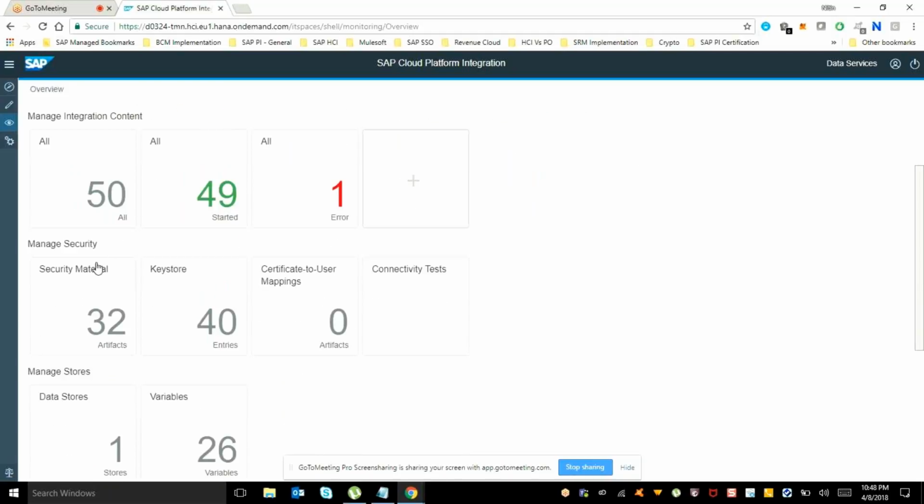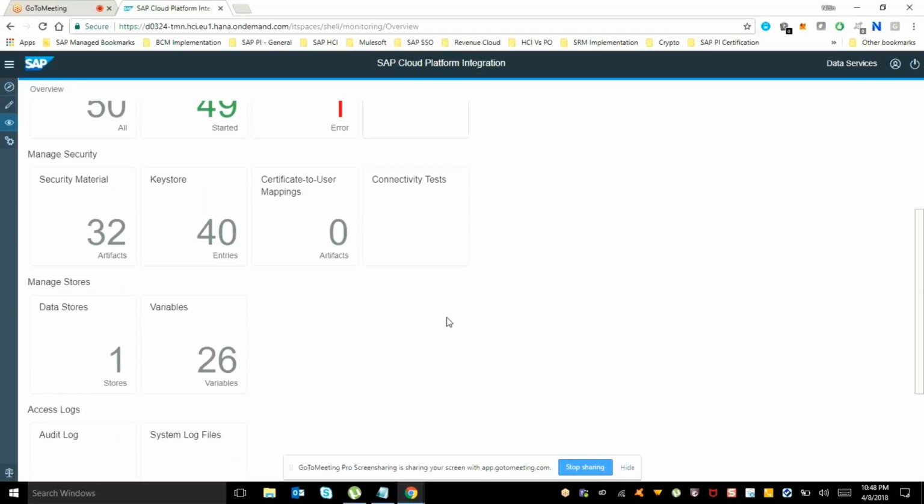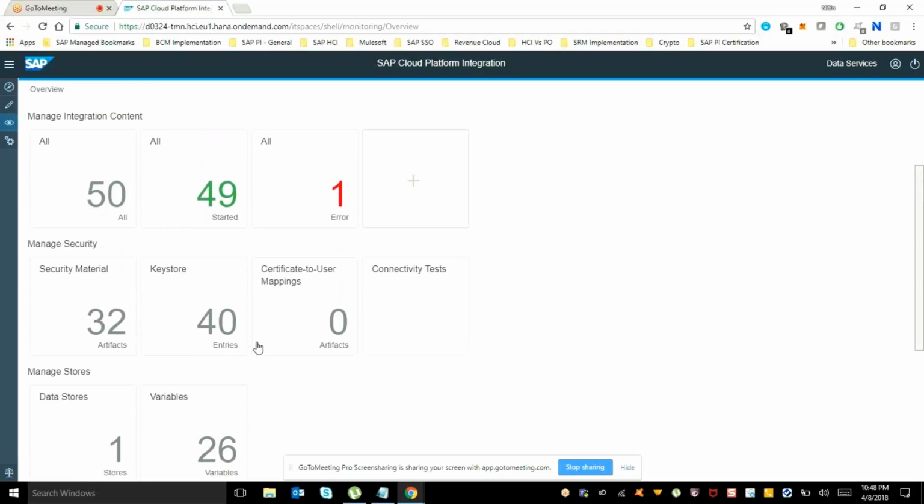And manage security. There is something called a security material. Security material consists of your credentials, just like when you want to connect to your S4HANA system or a C4C system. You'll be using a username and password that will be created here. And you have something called a keystore. Now, Ruchika, like you have C4C, right? You'll be using HTTPS. When you're using HTTPS, obviously you need to have an SSL certificate. That SSL certificate of C4C will be deployed here. So there's something called deployed in Keystore. Yeah, Keystore. Yes.